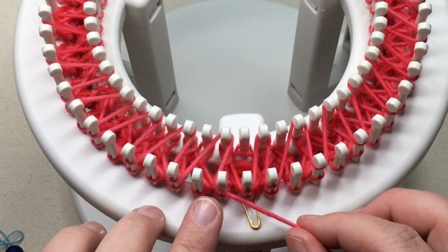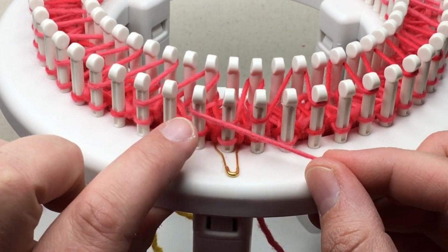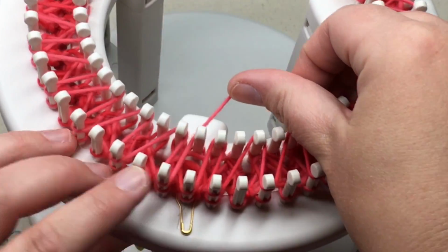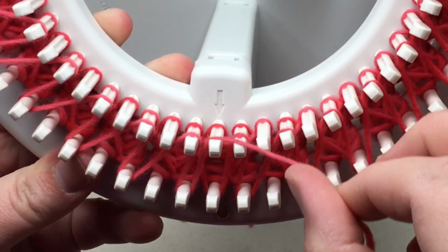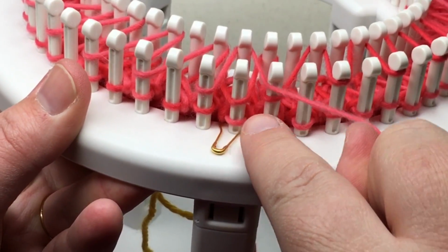All right, we've completed the first pass of wrapping for the alternate rib stitch. I'm on the last peg of the outer loom. I go to the first peg of the inner loom here. Okay, wrap around that one and come down, and we're going to skip the first peg and 2nd peg on